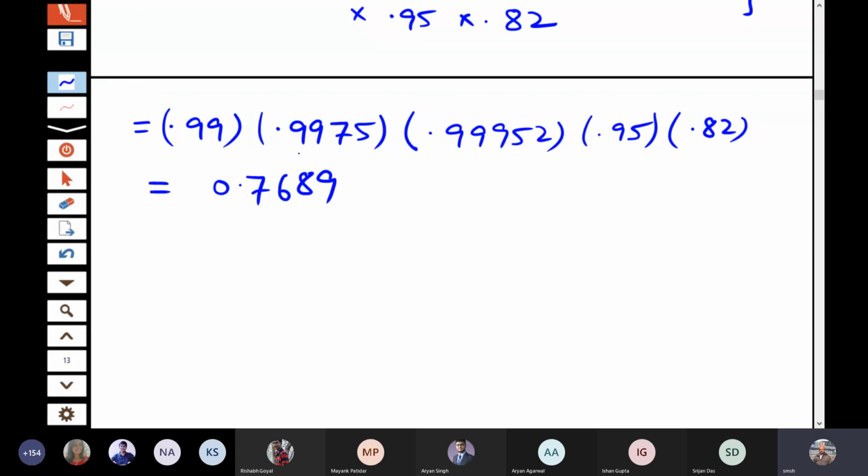This is 0.9975. Similarly, if you look at the third one, the individual component reliabilities are 0.96, 0.92 and 0.85, but the overall part reliability becomes much higher. It is 0.99952. So you can see that parallelism or having additional components increases the system reliability substantially, which is a very, very common sense thing also.